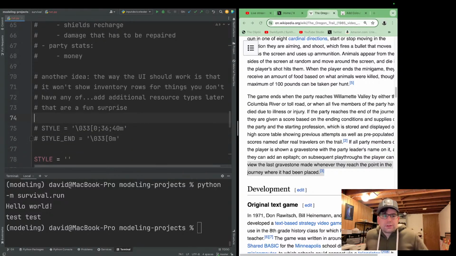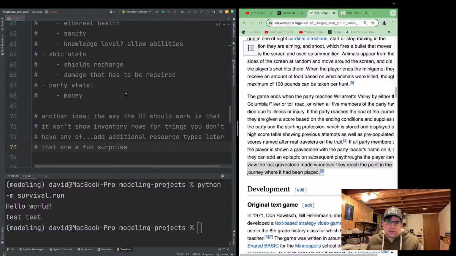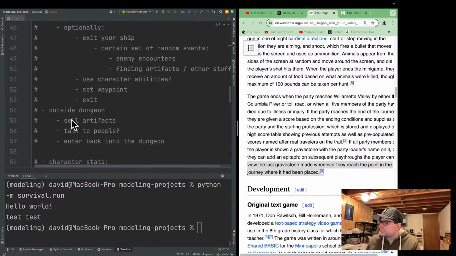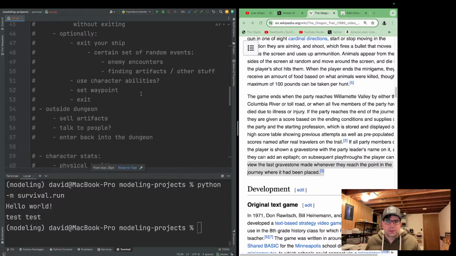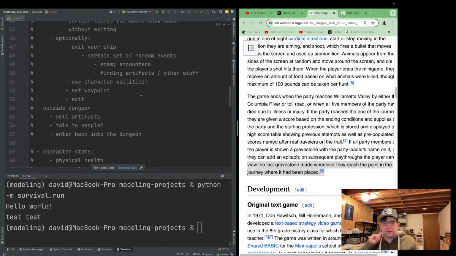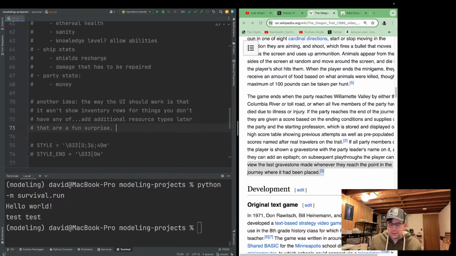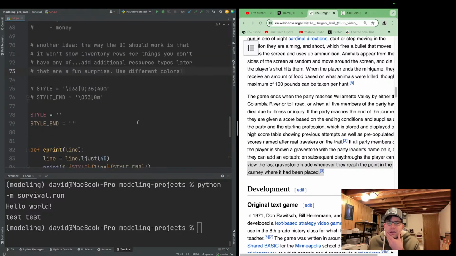Or if you encounter certain monsters that drop certain resources and you don't discover them until later in the dungeon, it would be a fun discovery in the UI. You could show them with different colors and things like that, to spice things up later. All right, so I think we have a really nice start here.